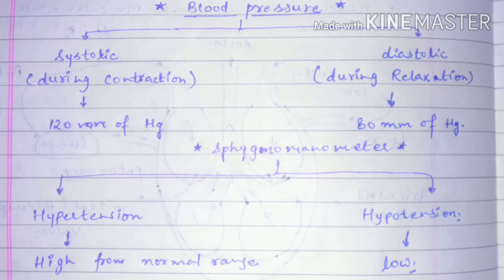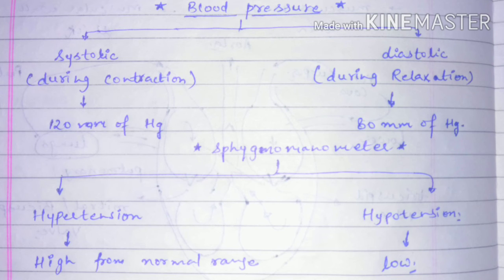Now student, we will discuss blood pressure. There are two types of blood pressure. Number one is the systolic blood pressure, another one is the diastolic blood pressure. Systolic blood pressure takes place during the contraction of the heart, during the pumping of the blood, and the